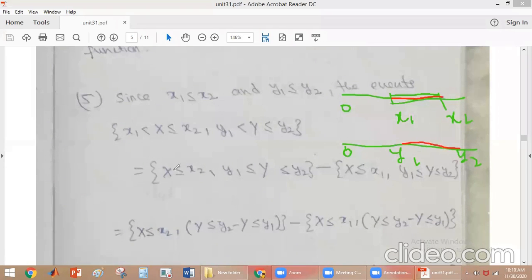So how do you get this relation? x less than or equal to x2, y1 less than or equal to y less than or equal to y2 minus x less than or equal to x1, y1 less than or equal to y less than or equal to y2. The fifth property is the joint probability of the joint event x1 less than x less than or equal to